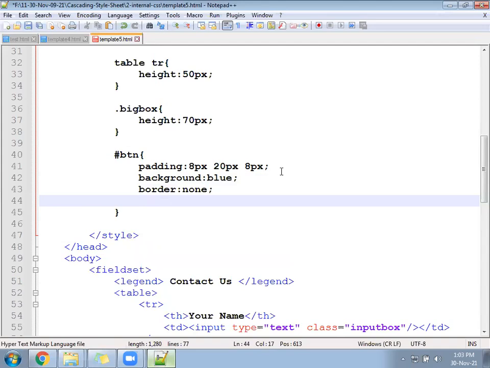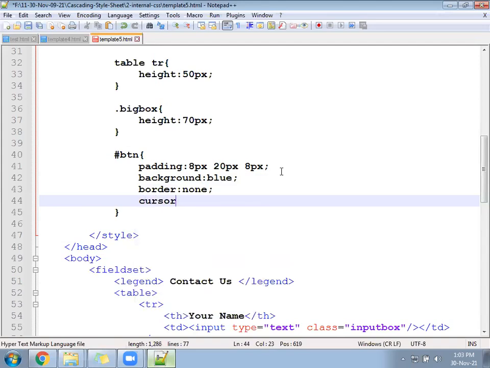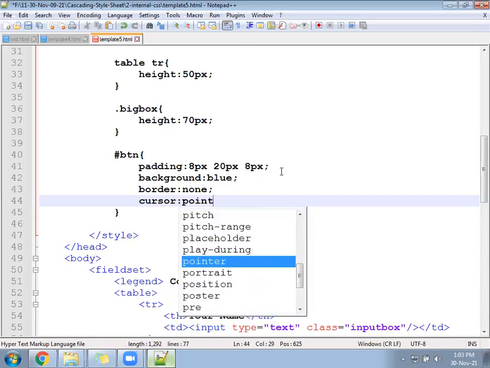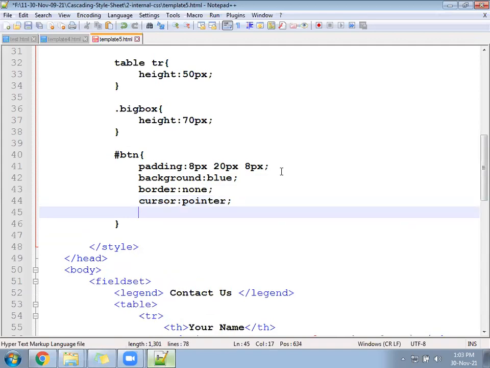Next, after that, when the cursor goes to the button, it should convert into a pointer. Cursor colon pointer.